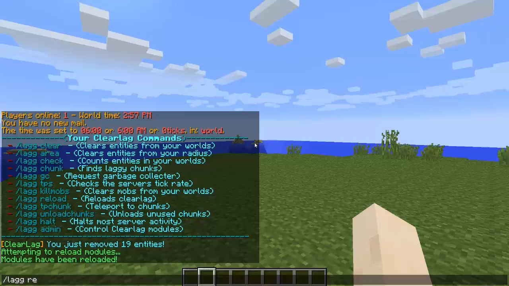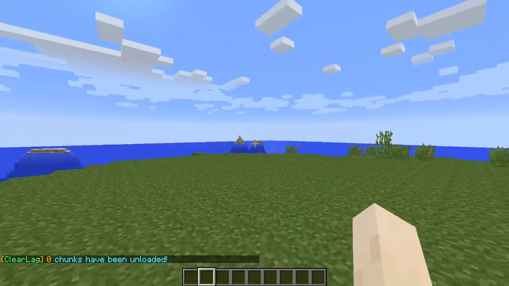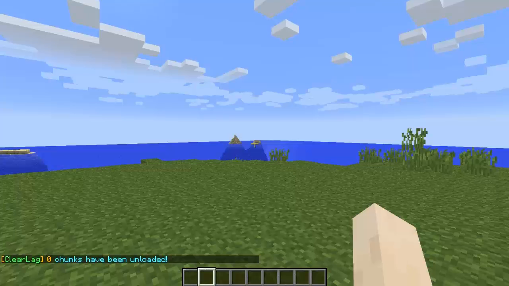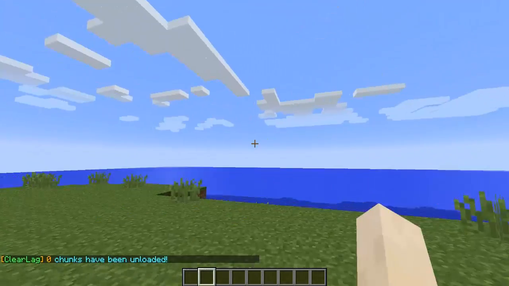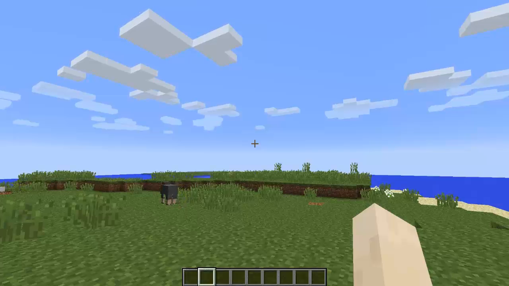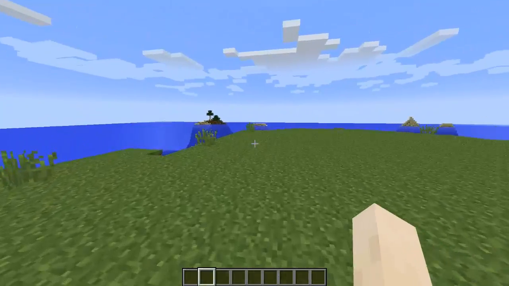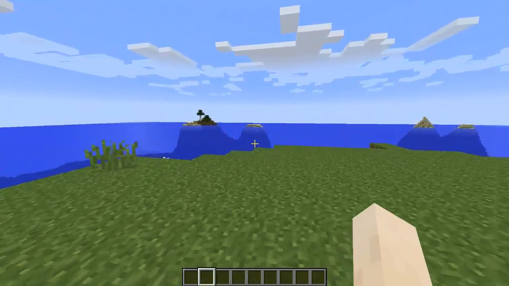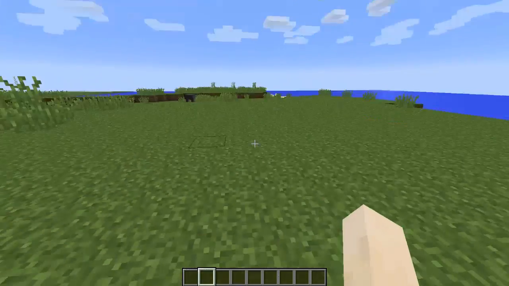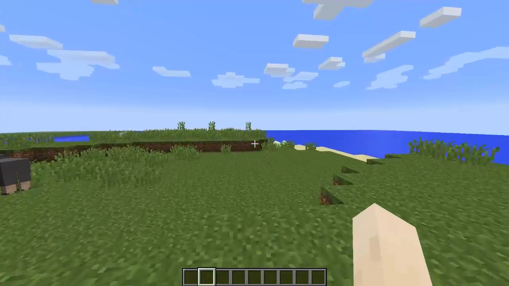Another one I want to show you is unload chunks. That would unload unwanted chunks, but I'm the only one on the home server at the moment, so chunks aren't being loaded. But let's say on my old Faction server, somebody would go off ages away, then just log off, and their chunks would still be loaded for a short amount of time. Unload chunks got rid of that. So it is a very useful plugin to have.